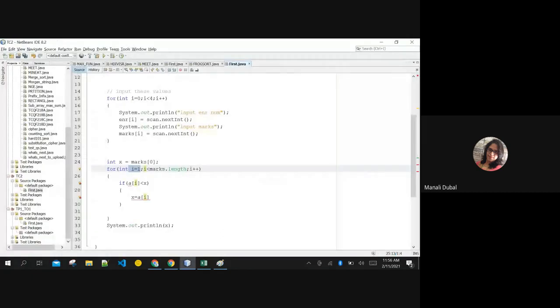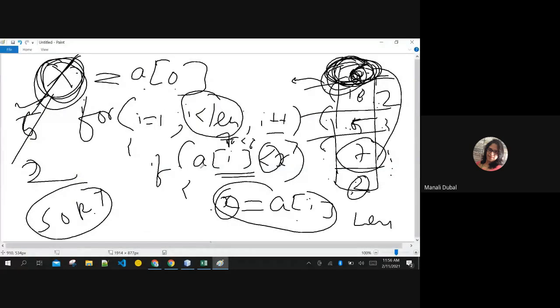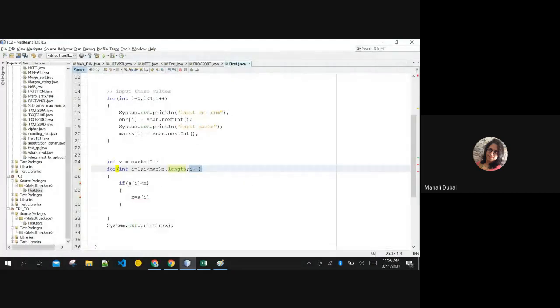So what I am doing is I am starting my loop with 1. I will be reaching till the end of the array. And every time I want it to increment by 1, because first you are taking this element, then this, then this, like that, okay? Then what I am doing next, I am comparing my current value with this value. If the current value is less than the benchmarked value, then benchmark,